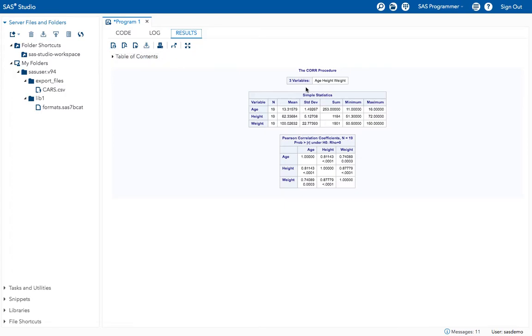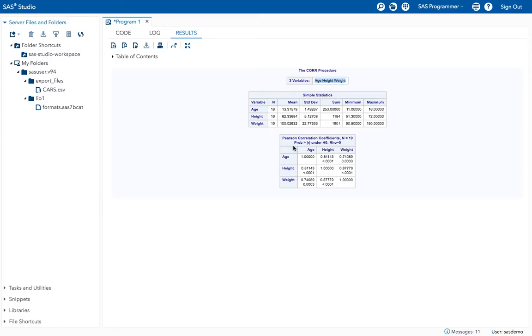Now, by default I got correlation for all the three variables that are present in the dataset. By default, when I ask for correlation it gives me three tables.